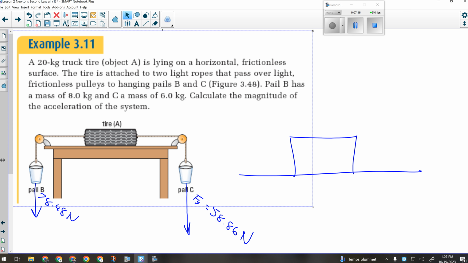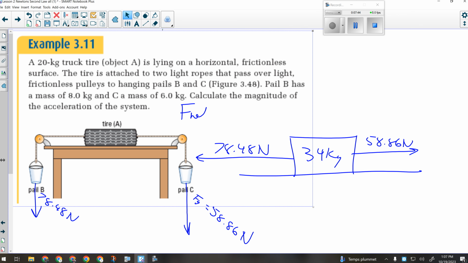The mass of the system is 34 kilograms, because we got 6 plus 20 plus 8. Now, that system is being pulled this direction by 58.86 newtons, and this direction here by 78.48 newtons. Which is going to mean when we calculate our net force, we're going to do the vector